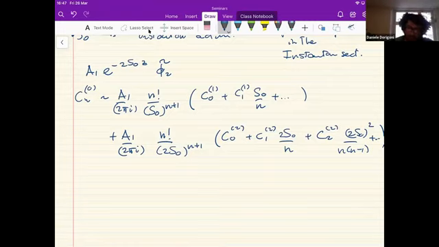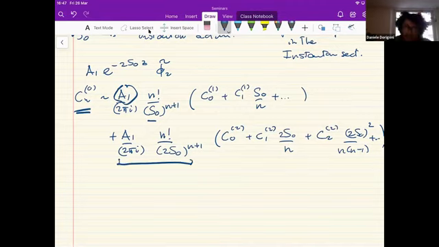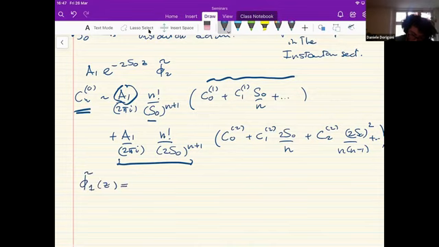So one of the things, of course, that you can play with when you generated enough perturbative coefficients, you can take ratios, you can try to understand what the factorial growth is, and you can try to fit for the Stokes constant and the instanton actions. But then you see that the second instanton sector is exponentially suppressed. So first you need to deal with this whole series. But remember, these C01, C11, and so on, were all part of the 1 instanton expansion. So we know that these guys are factorially growing.